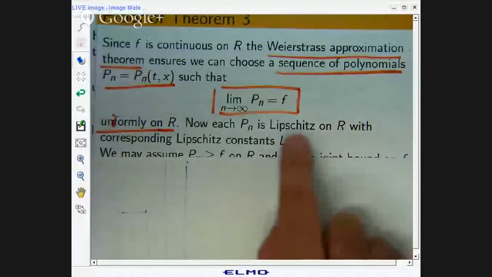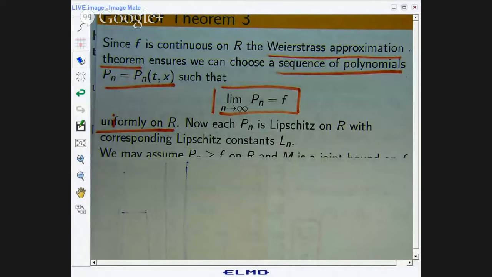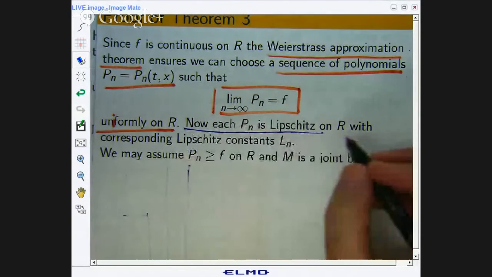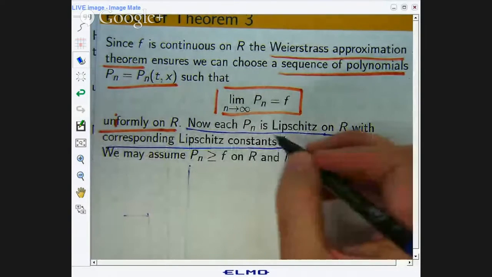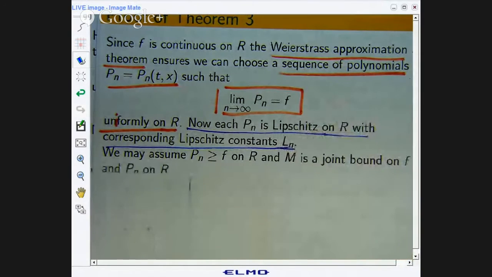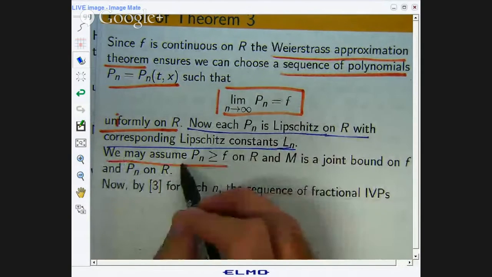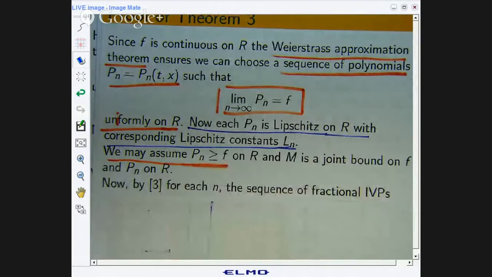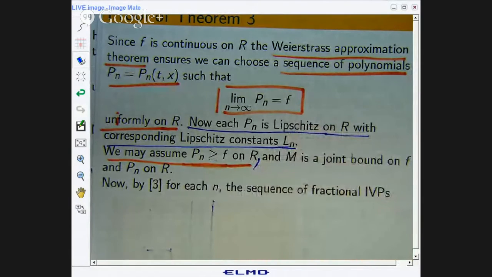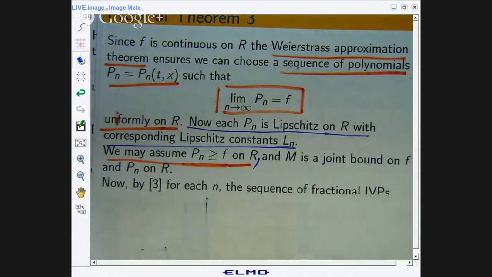All right. Now, each polynomial is Lipschitz on R. Okay, I talked about a Lipschitz condition in the comparison theorem. And for each n, there'll be a Lipschitz constant, L sub n. And because of the convergence, without loss of generality, we can assume that the sequence of polynomials stays above our f on the rectangle. We can also assume that M is a joint bound on both f and our polynomials